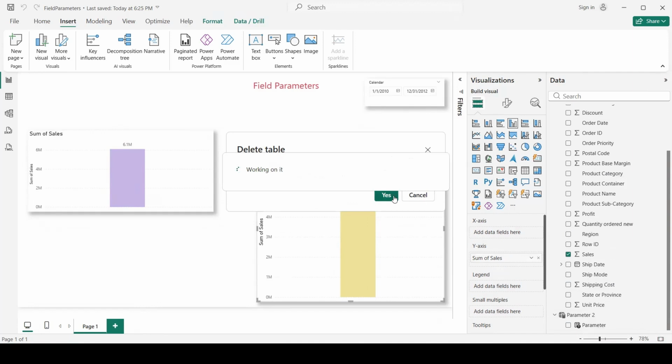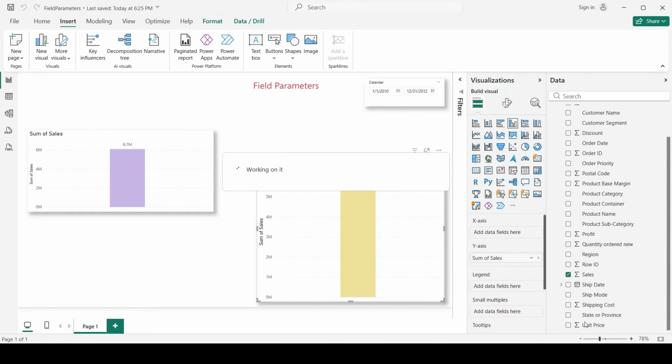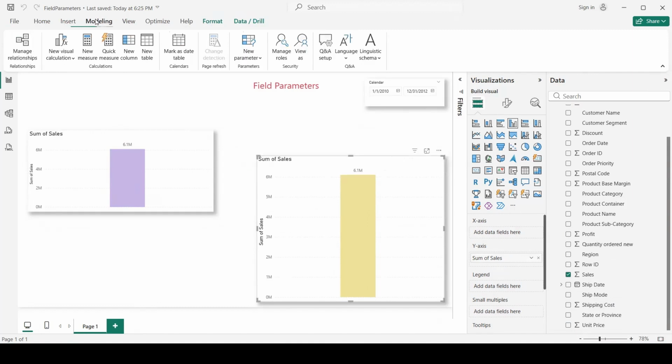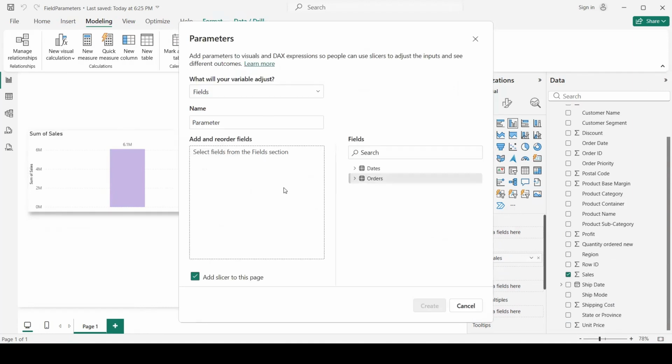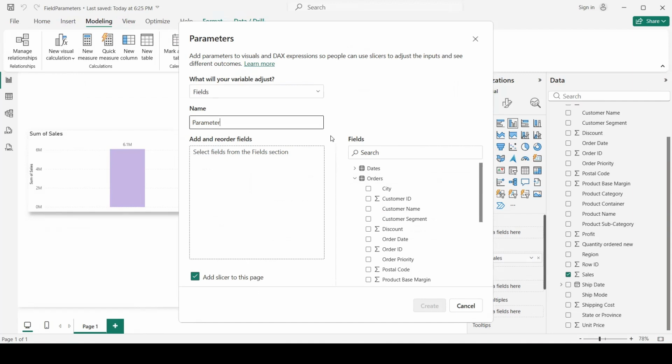Okay, good. So now, as we did in the previous session with static parameters, we go in modeling, new parameter, we have fields option. And here we can choose whatever we want. We can give a name to our parameter. And for example, we are in the sheet orders, and we can choose whatever we want here to filter by.